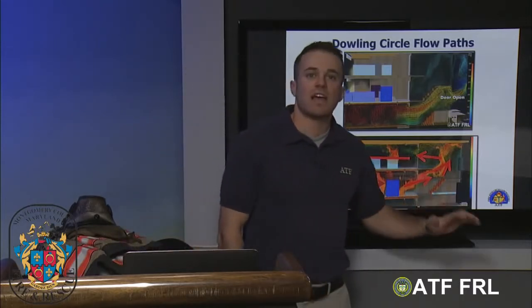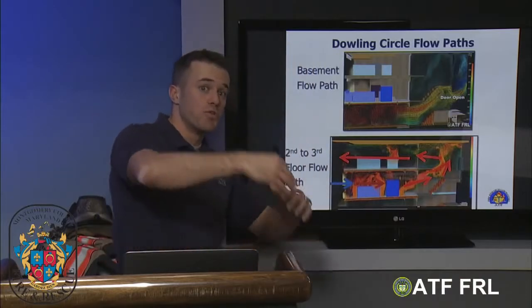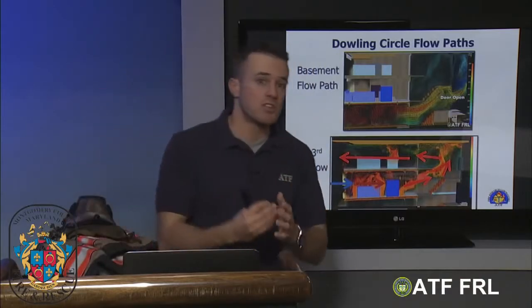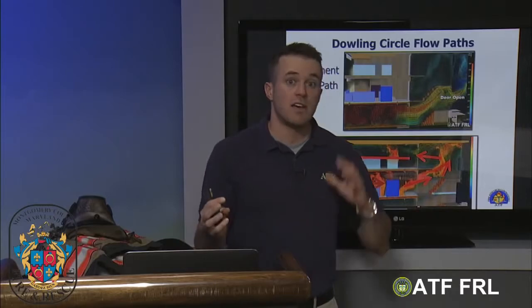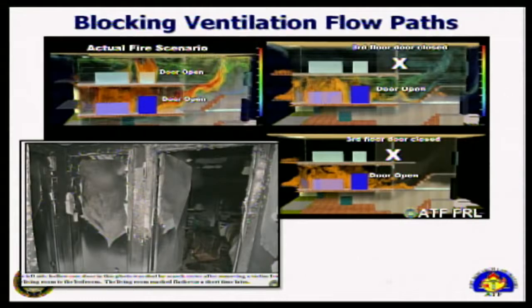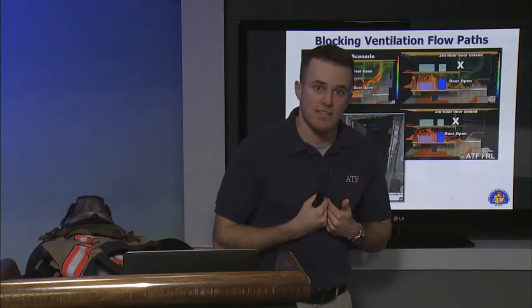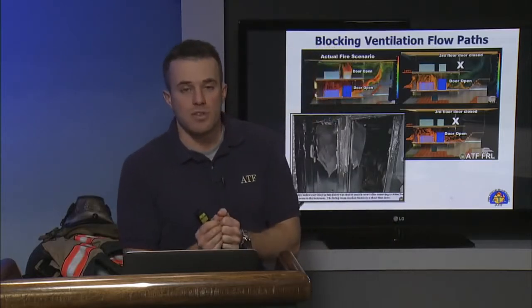What do you need to recognize as a firefighter? The first thing you need to recognize, if you see smoke moving all in one direction, you're putting yourself in between where the fire is and where the fire wants to go. How do we address these flow paths tactically? Well, putting something to block that flow path is key. We'll look at a few cases ATF has investigated where we've used doors and where firefighters have used doors, and